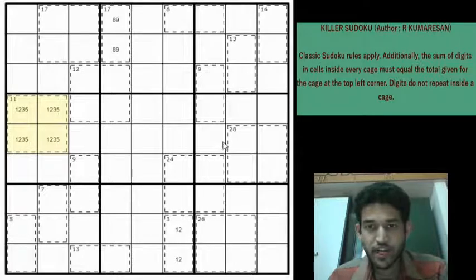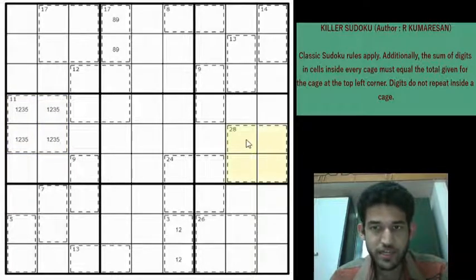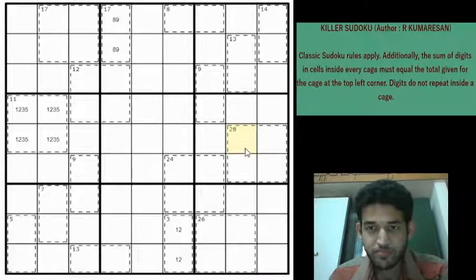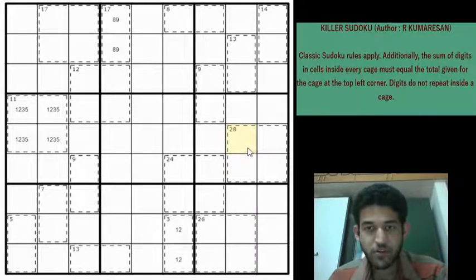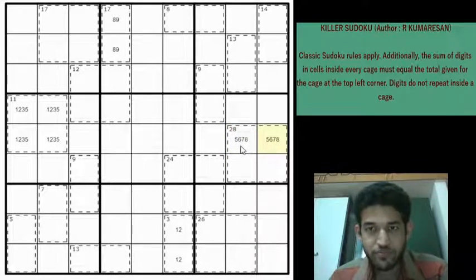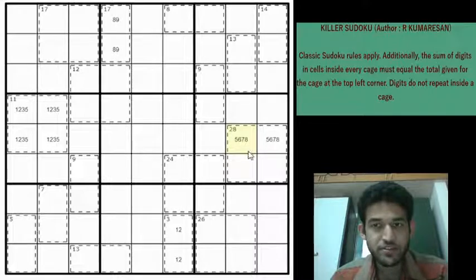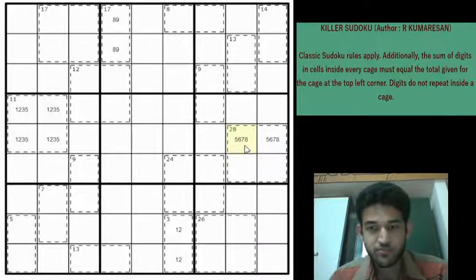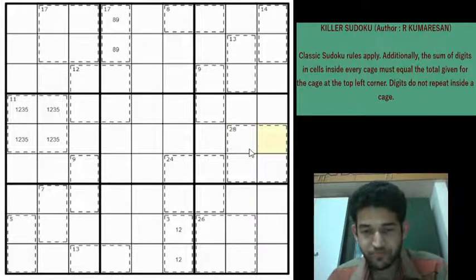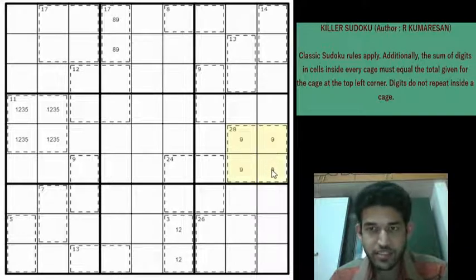a cage. So let us take this 28 cage because it is bigger in value and it has 4 cells. Now this 28 cage cannot be satisfied without an 8 and a 9. How am I saying this? Because if you don't have, let's say for example, a 9, the maximum total you can get is 5, 6, 7, 8, right? And that will give you 5 plus 6 plus 7 plus 8, which is 26. So we need a 9 for certain. So 9 must be in this cage.